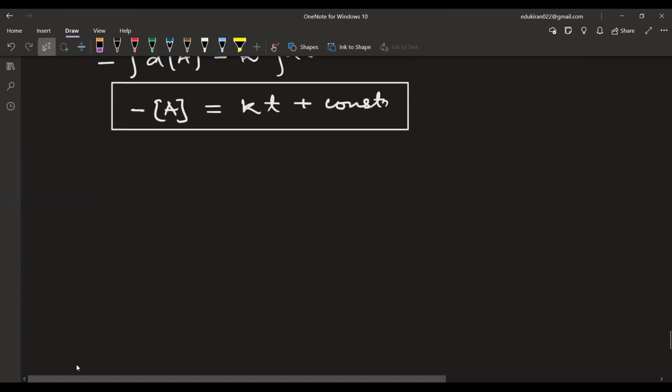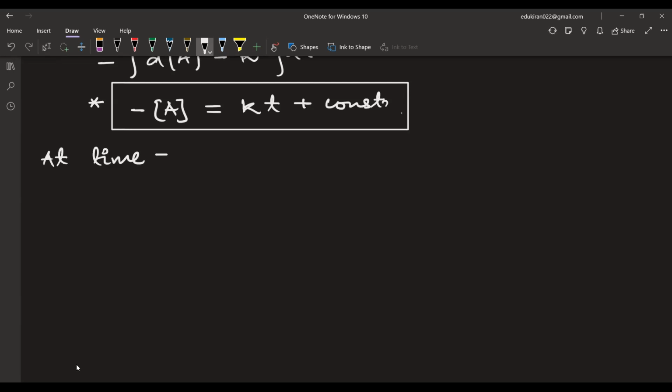Now let us look at this equation here, and let us determine what this constant is. Write here: at time equal to 0, that means when we are starting the reaction. In that case, what will I have here? I will have minus a